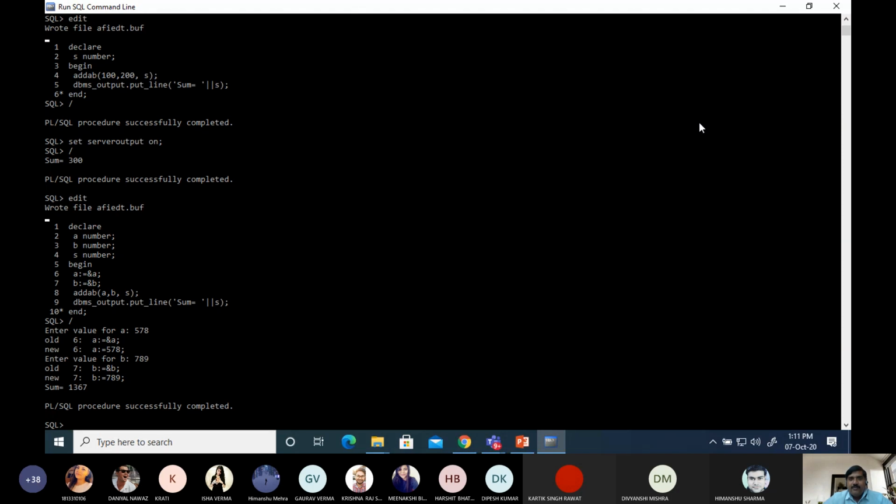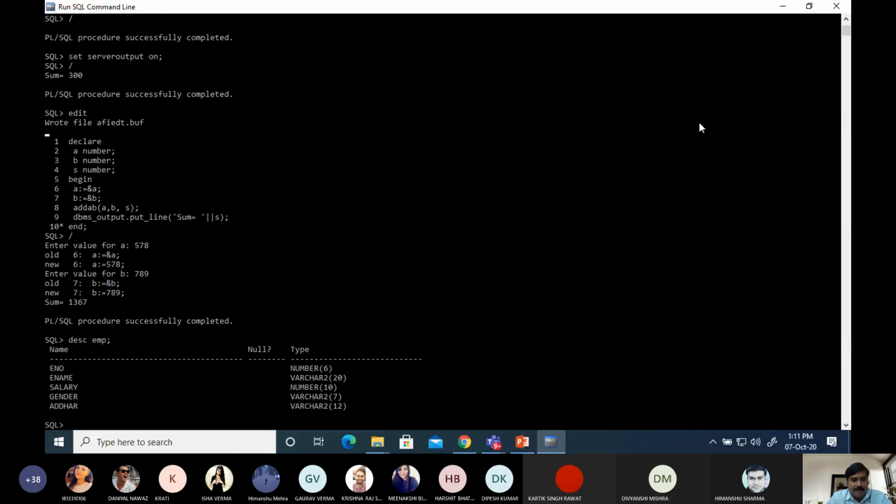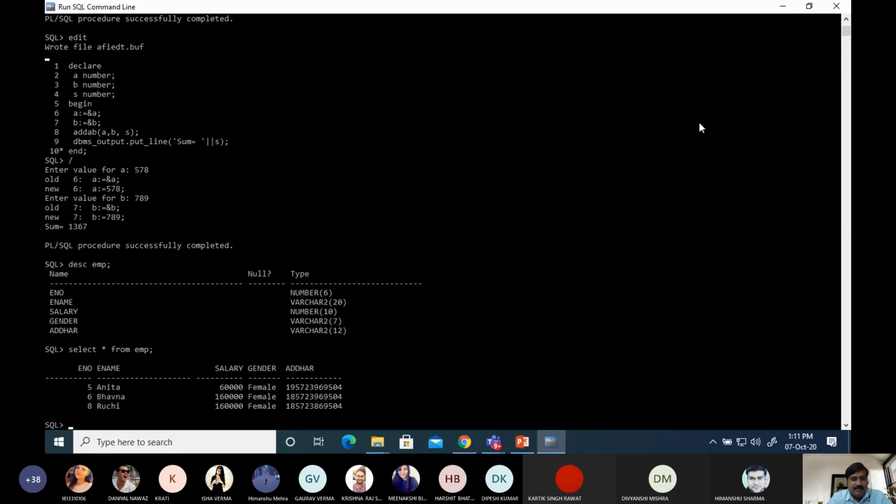What I am going to create: see here, the employee table, and select star from EMP. At present there are only 3 tuples in this table.